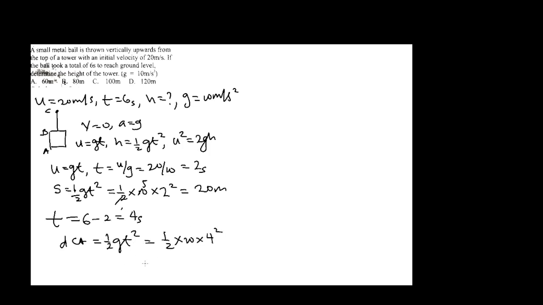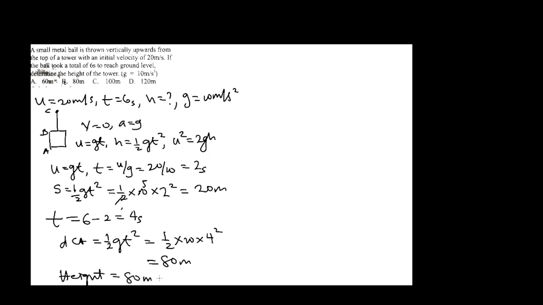So that will be 5 times 16. So 5 times 16 is going to give us 80 meters, if I'm not mistaken. So if that should be the case, the height of the tower that we are looking for is going to be the total distance, that is both the height of the tower and the height of the platform,